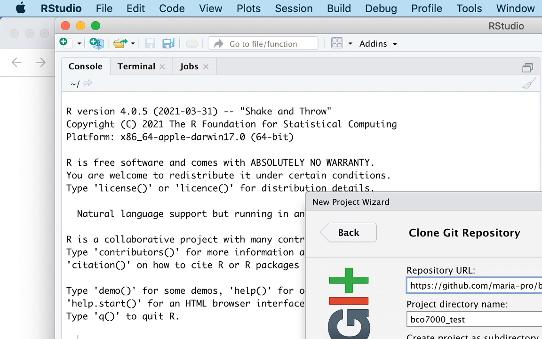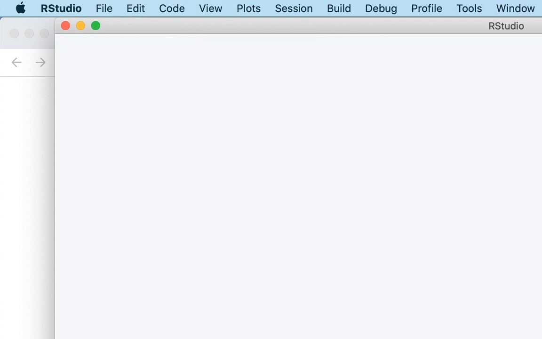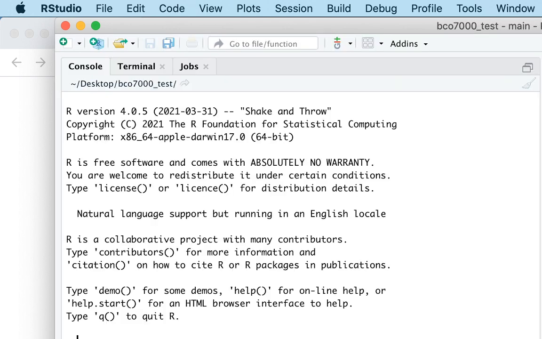Now what do I need to do? I just need to click on create project. And now that project is created by RStudio. I see the structure and I see that this project is located on my desktop. That project is also part of my Github repository, but